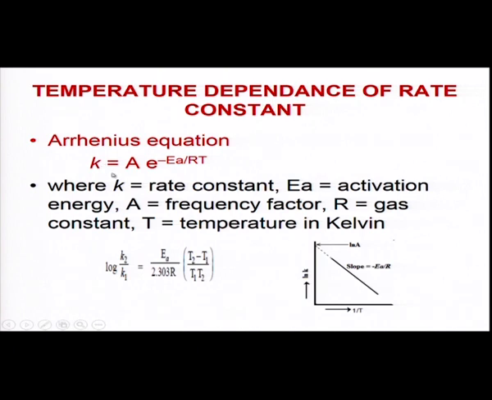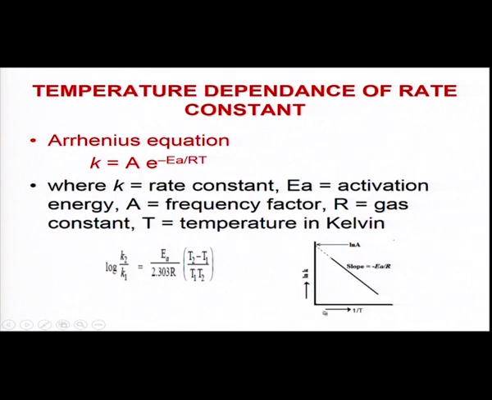So, this is the Arrhenius equation, and if experiments are carried out at different temperatures, the equation takes this form, where the rate constants at T1 and T2 will be different. With this equation, we can find out the activation energy for a particular reaction by measuring the rate constant at two different temperatures, and this also can be plotted